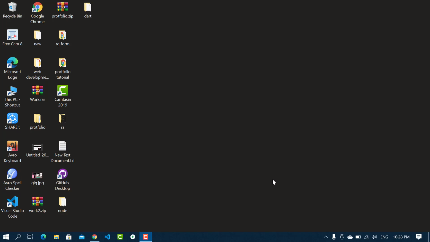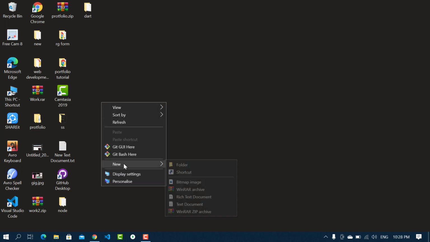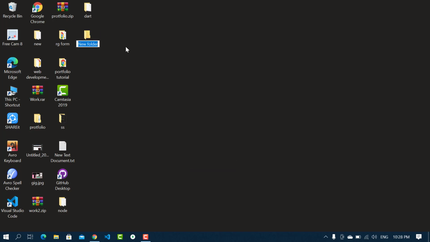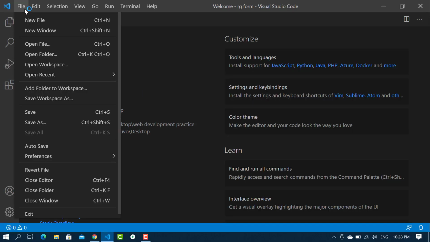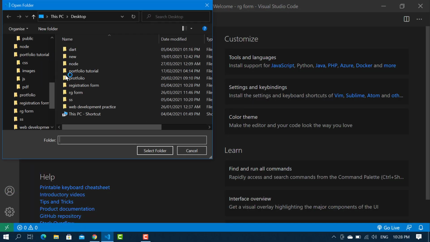Today in this video we are going to design a HTML login registration form. Let's make a folder first. I'm gonna name it registration form. You can name it whatever you want. And open this folder with VS Code